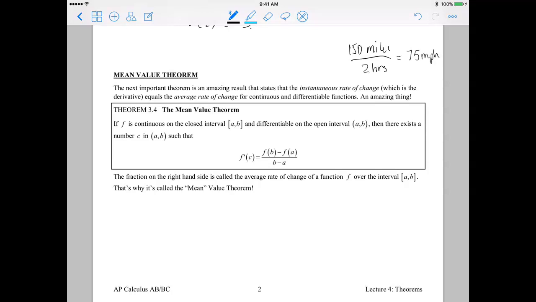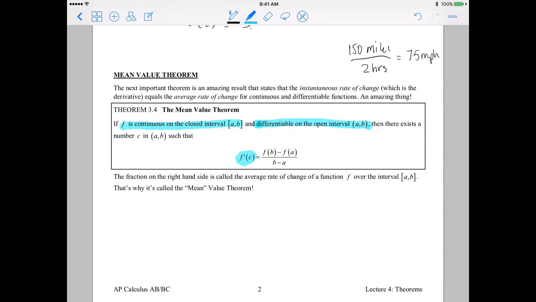So I want to point out a couple of things in this theorem. It says that f is continuous on the closed interval from a to b. It is differentiable on the open interval from a to b. So those are the two things required in order for the mean value theorem to apply. And in that case, there exists a number c in the interval from a to b such that f prime